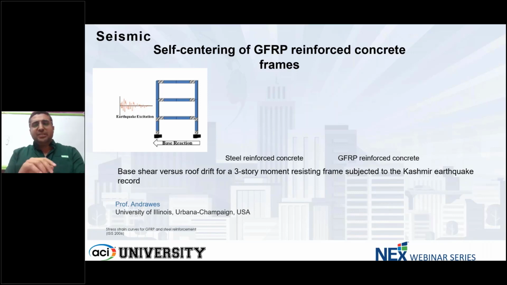And obviously, the reason is our industry needs to gather more information, and more academics should get involved. And obviously code changes take a lot of time. But some preliminary tests have been done by the University of Illinois, University of Toronto, Dr. Shamim Sheikh, Dr. Brahim Ben Mokraim, and many professors, comparing steel to GFRP under seismic